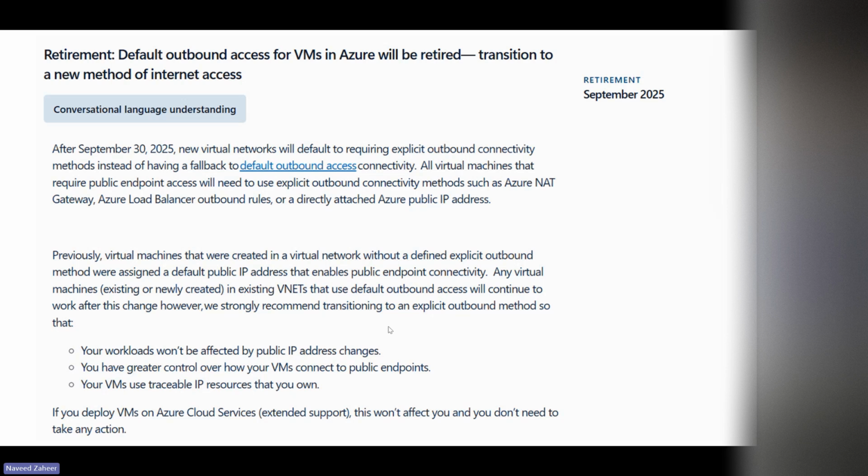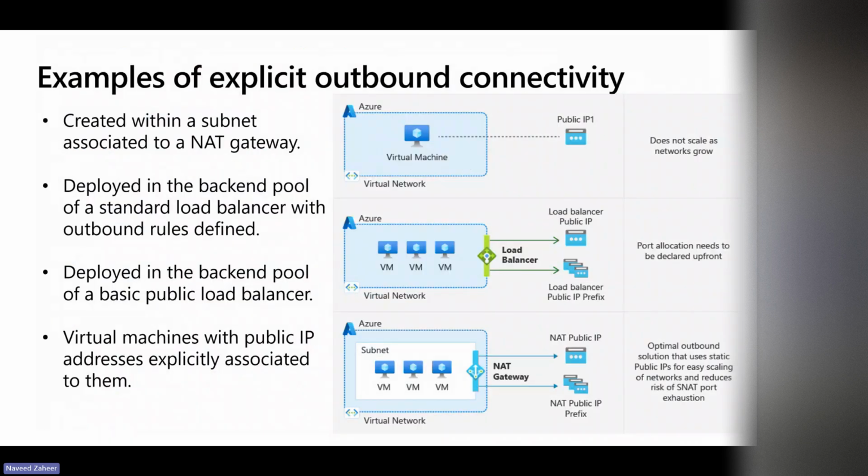Let's talk about what the different ways to do that are. One, you put a public IP on a VM. You attach one or more public IPs, and that's how you get the outbound access. That's one way of doing it. Second one, you put the VM behind a load balancer. You deploy a VM, have a load balancer, you put it behind the load balancer, and that's how it will get the outbound access. Third one,